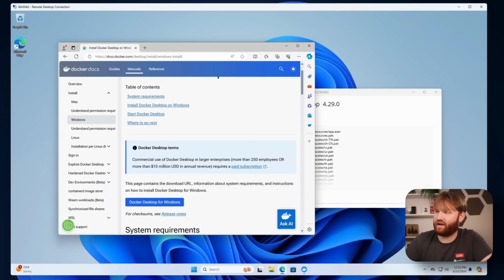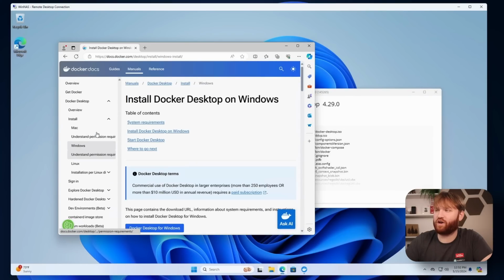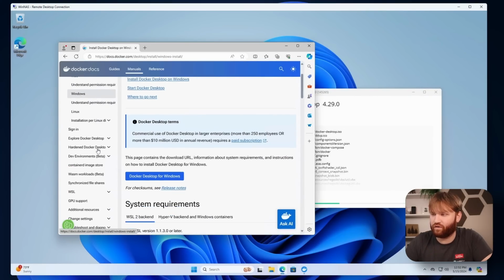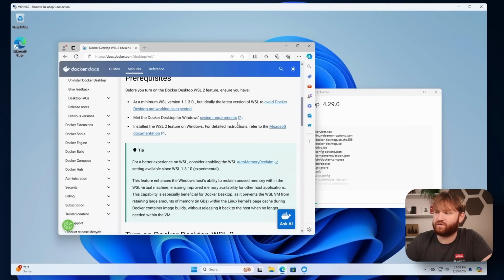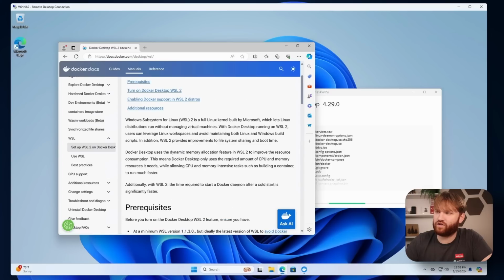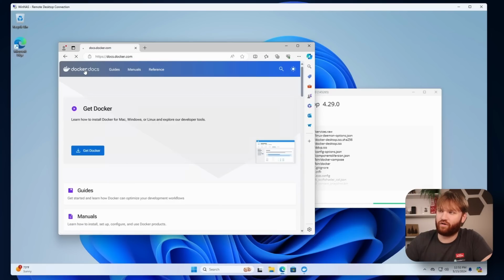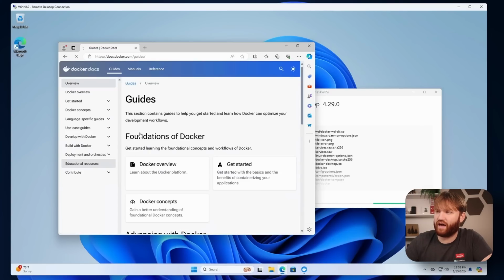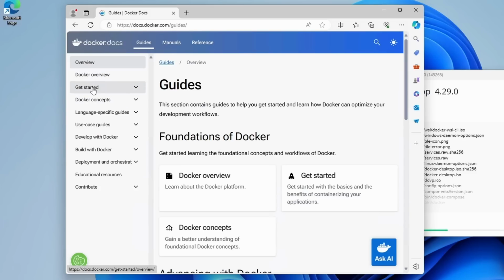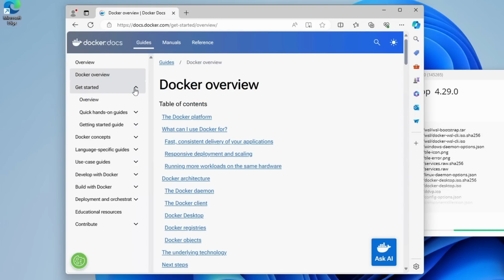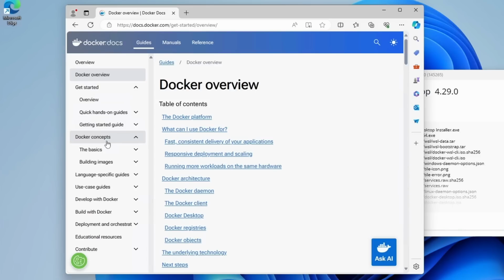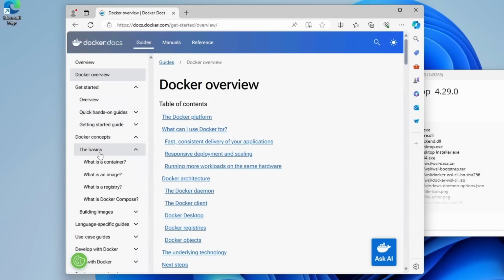And while this does that, I do want to note that for Docker, their documentation is wonderful. There are so many different articles and information on how to use things, various prerequisites, and the core functionalities of Docker. If I go to the Docker docs page here and go over to guides, at least go through these first three. We have Docker Overview, which kind of covers just about everything and gives you a brief little insight on what's going on, the Getting Started, as well as Docker Concepts at least. Check out the basics here if this is your first time running Docker.